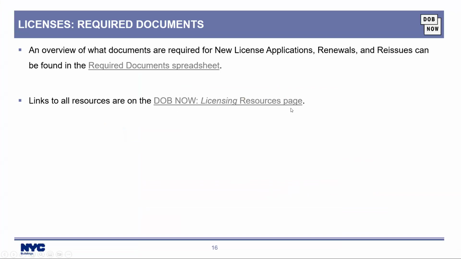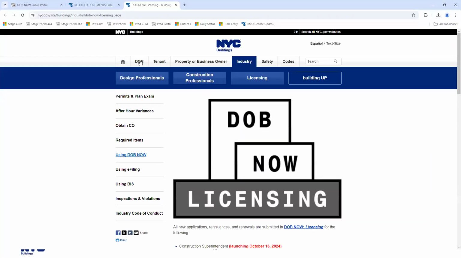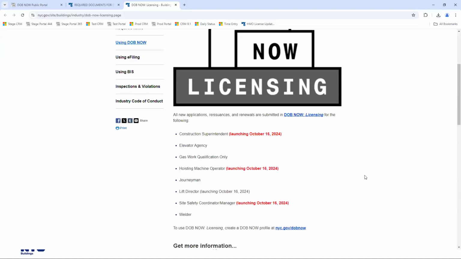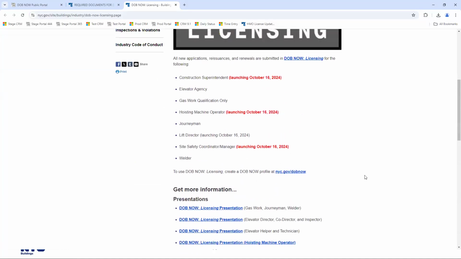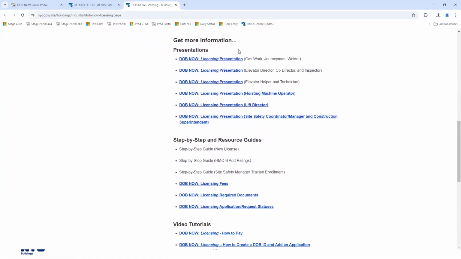Now, one of the things Diego mentioned is the DOB Now licensing resources page. I do want to show this to you. So on the DOB license resources page, you will be able to see presentations for each of the types of licenses, including the presentation that I'm giving you now, the hoisting machine operator.